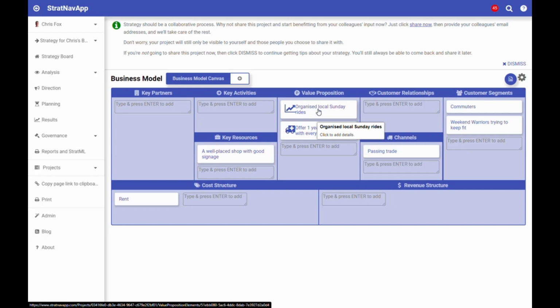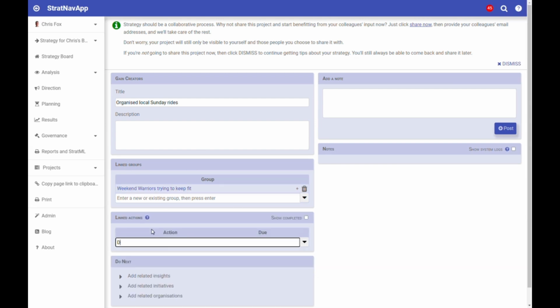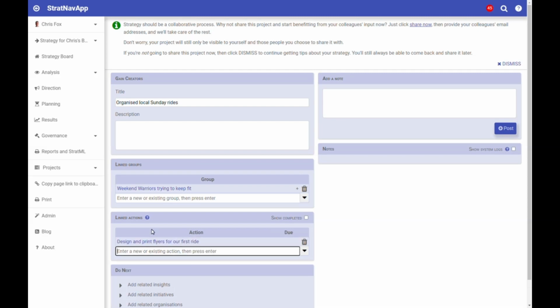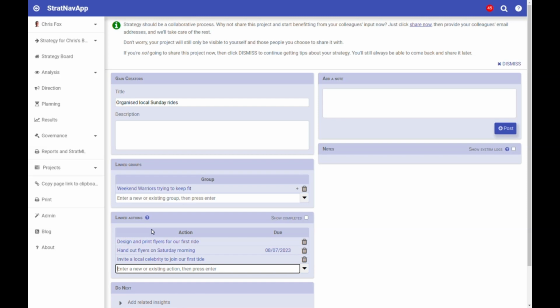For example, if I click on Organize Local Sunday Rides, I might create actions to design and print flyers for our first ride, and hand out flyers on Saturday morning, or even invite a local celebrity to join our first ride, etc., etc., etc.